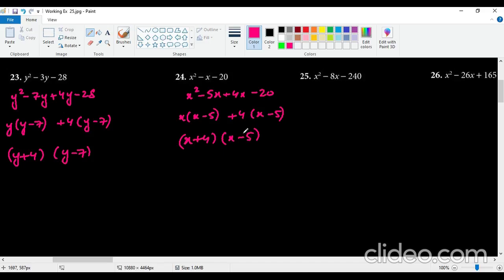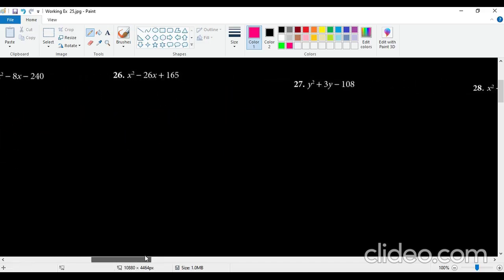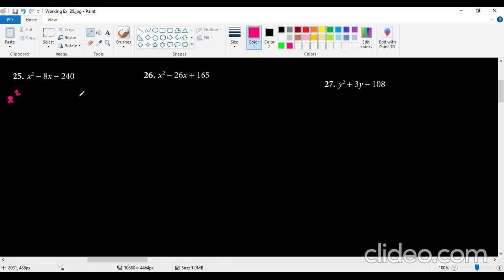Moving on to question number 25. In here, I know very well that 12 times 20 is 240, and x square minus 240 I will write like this, and minus 12x and plus 12x is going to give us a negative 8. That means x minus 12 in one bracket, copy down x minus 12, same, look at the third one, which is plus 12x. Already I have x, so I will write only plus 12. So x plus 12